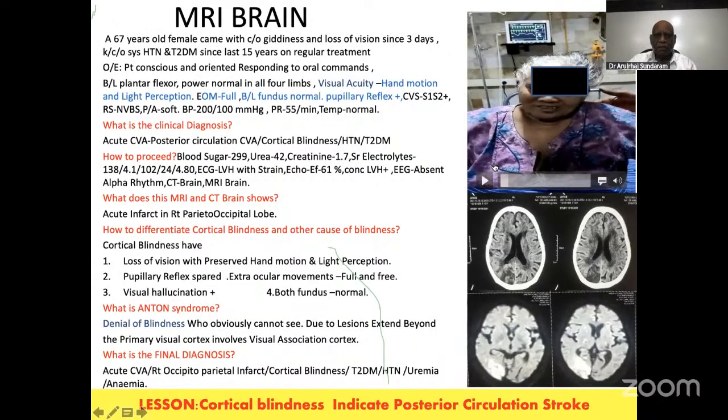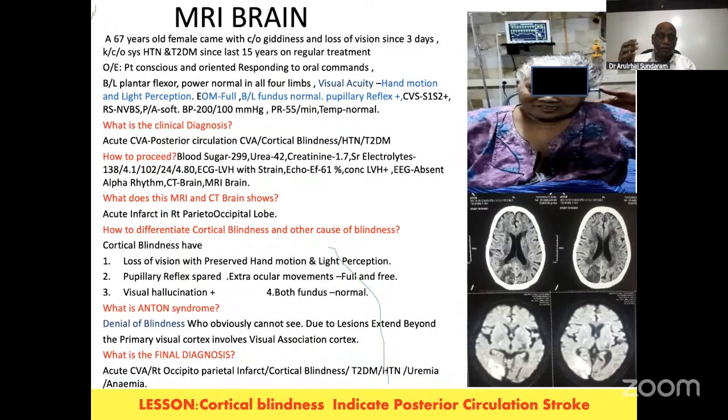This is an old lady who is with us with all medical complications: diabetes, hypertension, obesity, hypothyroidism, dyslipidemia, everything. The only problem is she says, I have some difficulty in my vision. She doesn't say that she is blind, only some difficulty in vision. When you check her eye, the pupils and everything are fine. But the only thing is acuity is not there. She is able to recognize hand movements and light perception is there, but she is not able to read. And fundi are normal.